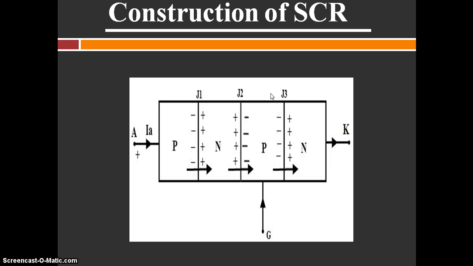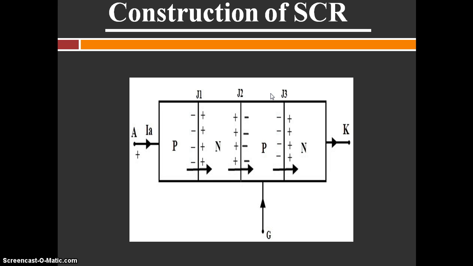Then SCR is widely used in switching devices, in power electronic devices and power control applications. It can switch on for a variable length of time and deliver a selected amount of power to the load. It can control switching the current off and on many thousands of times. SCR is one of the oldest types of solid state power electronic devices. It was first invented in 1957 at General Electric Research Laboratory.